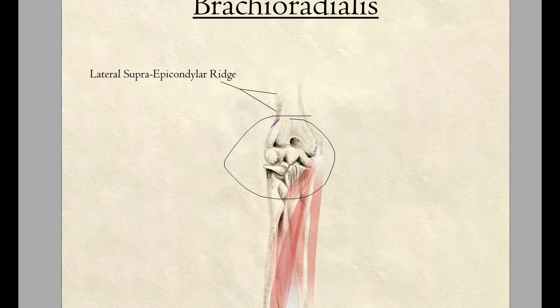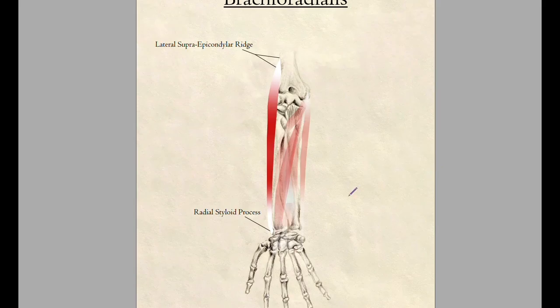It is, because it's starting up here. It's starting at the lateral. Remember this ridge we talked about so many times. The lateral supraepicondylar ridge. This is where the brachioradialis is, and this is going to look like this. Okay? It's going to look like that. And what does this do? I call this the beer drinking muscle. Okay? So when you flex your elbow,